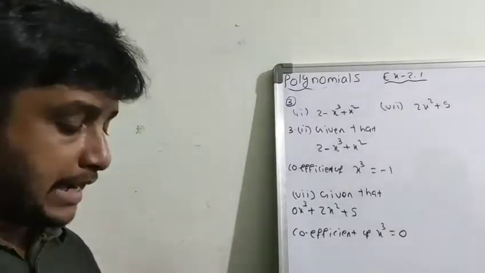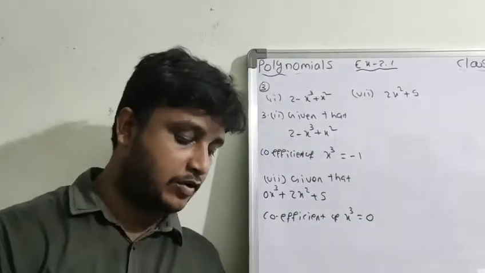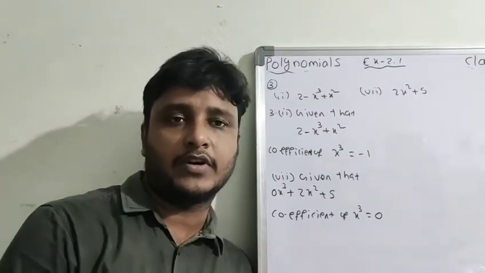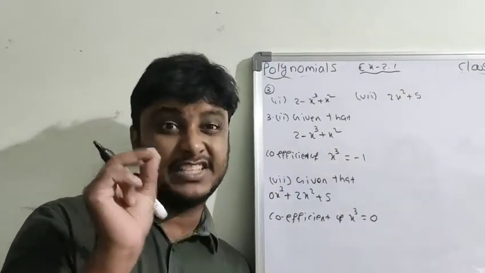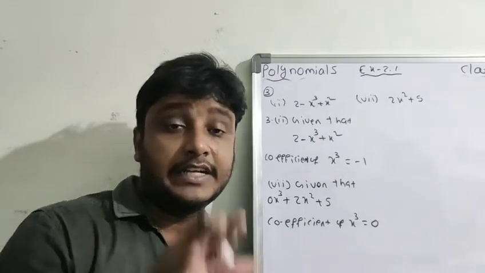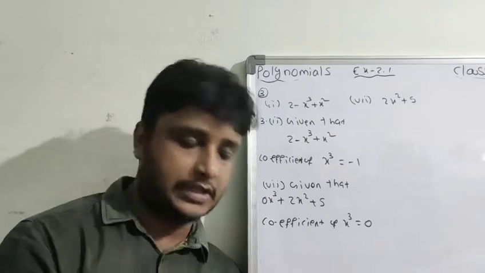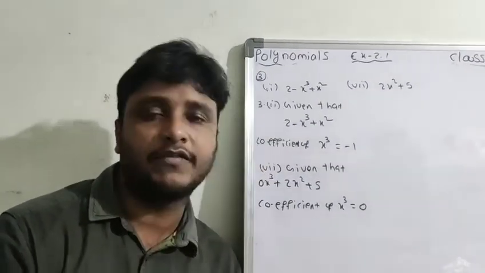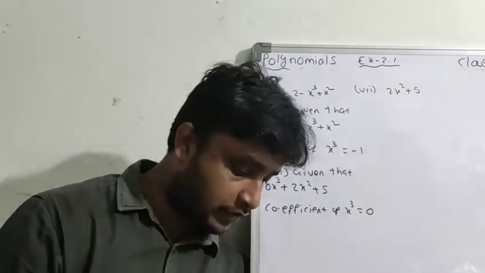And coming to the fourth question, classify the following as linear, quadratic and cubic polynomials. Linear means degree 1, quadratic degree 2, cubic degree 3, you know very well. First check whether the given expression is a polynomial or not. If it is a polynomial, then check the degree of the entire polynomial. If the degree is 1, you can classify it as linear. It's very easy. Next, the fifth bit is true or false. Today we discussed so many points. Based on that information only, you have to write these true or false statements.